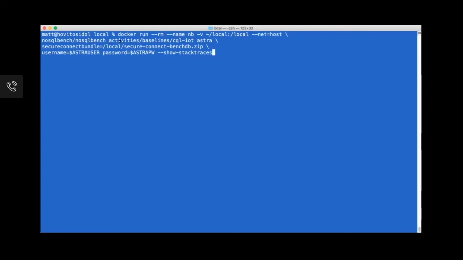I am running a specific activity, which is the baseline activity with an IoT type workload for Astra, and then passing in the Secure Connect bundle, username, password, and I have an extra option here to show stack traces. So let's get that started, and then we will hop over to the database that we created for this to show a couple of differences that we have here, and then we'll start an expansion operation.